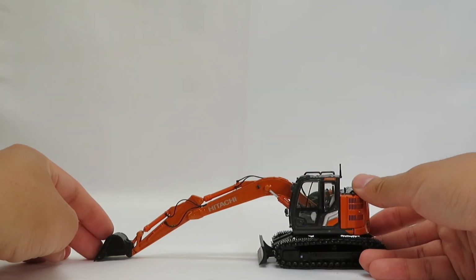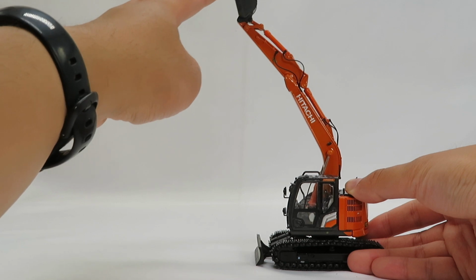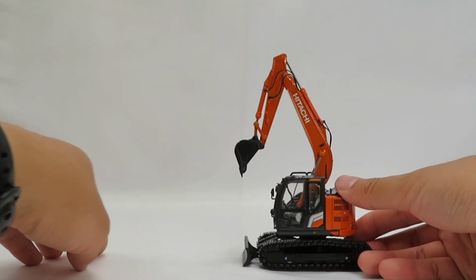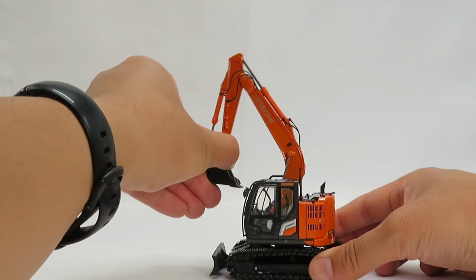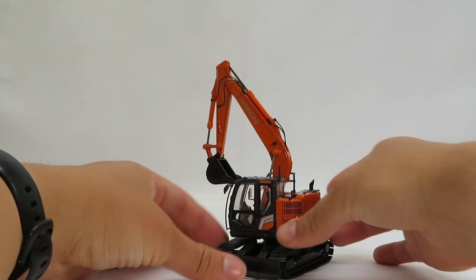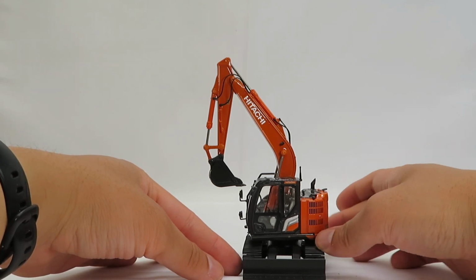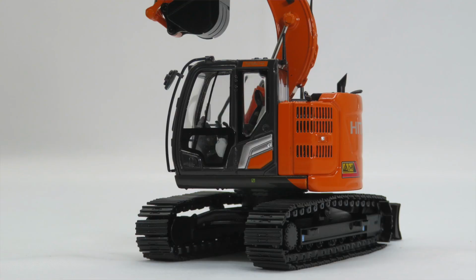So moving on to the working ranges of the model, you can see the boom, stick, and bucket stretch out nice and far, and they have a very nice upward reach. And a part of that whole reduced tail swing concept is that this machine is supposed to be as compact as possible for working in congested areas. So really, to help this situation, the rear counterweight and the front of the machine just barely expand over the